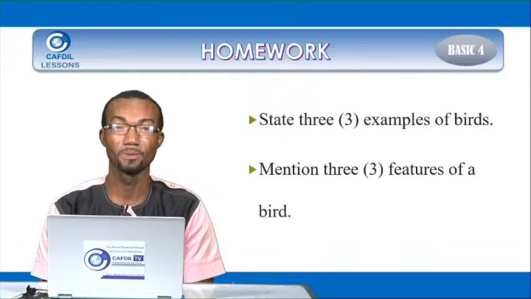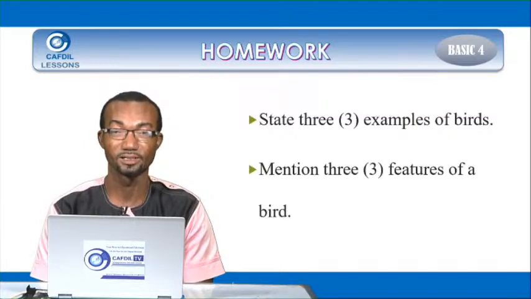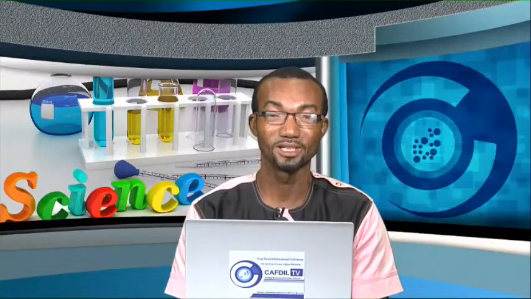And then second, mention 3 features of a bird. Again: 1. State 3 examples of birds. 2. Mention 3 features of birds. Make sure you do your homework, and I expect you to get everything